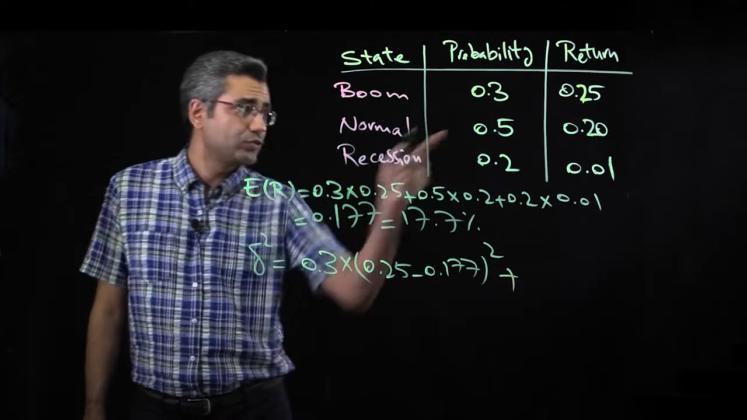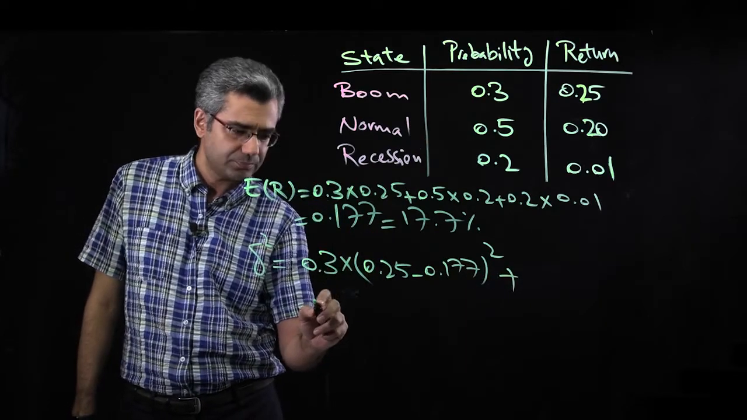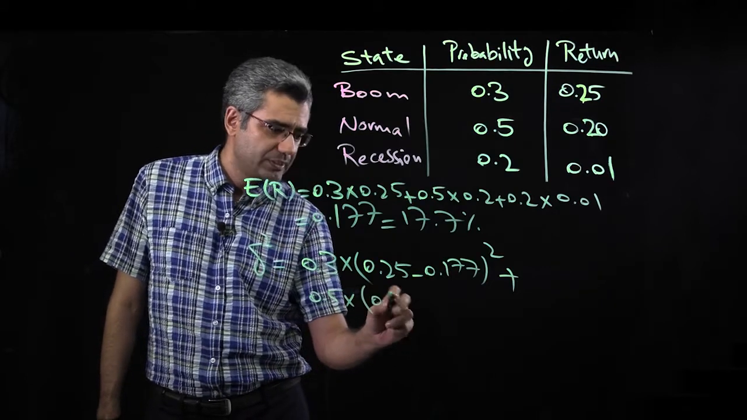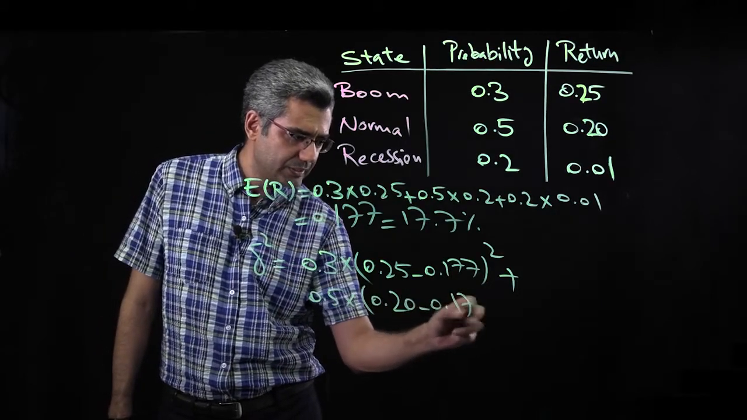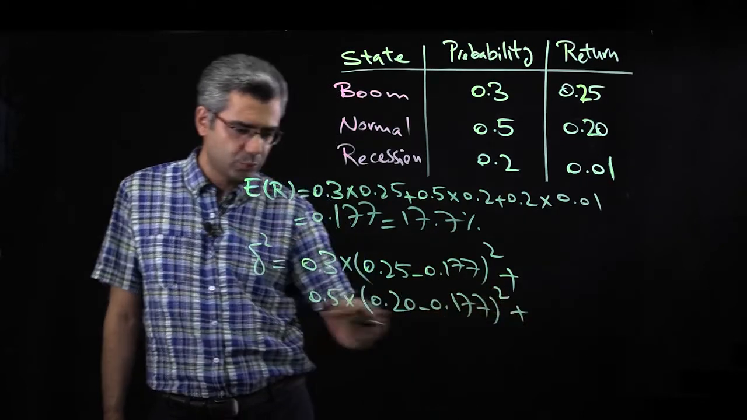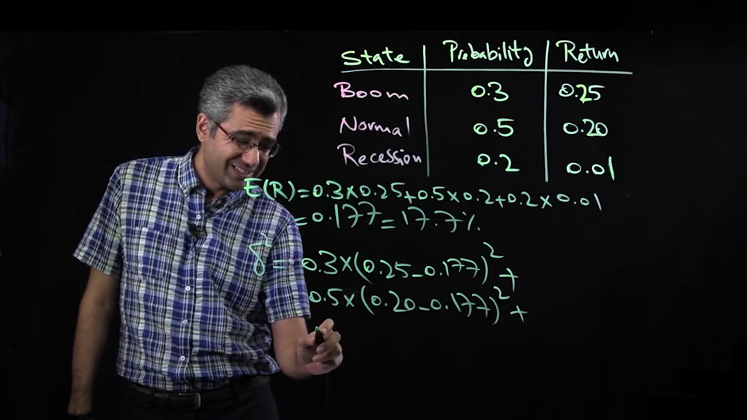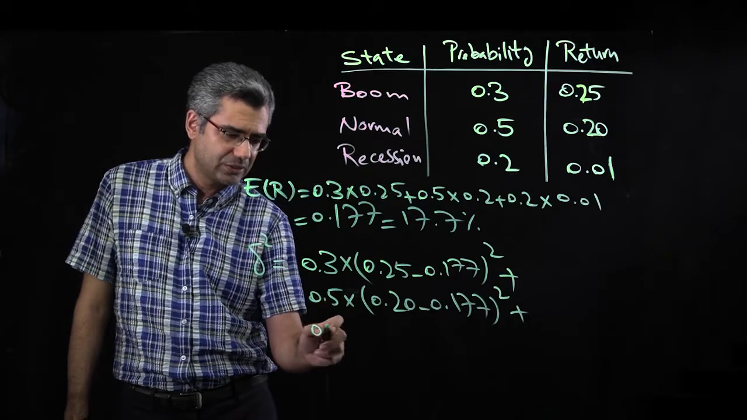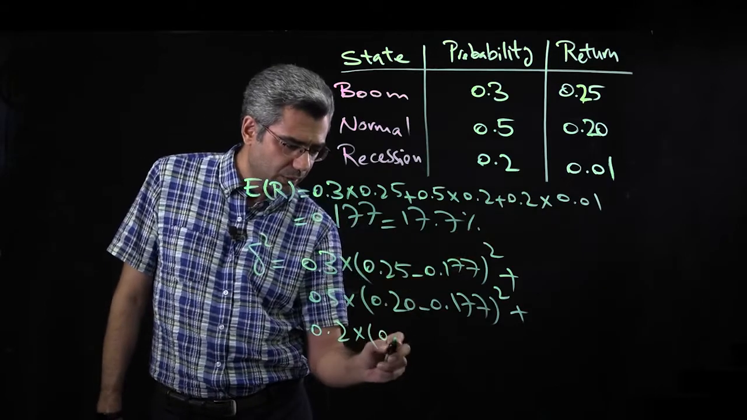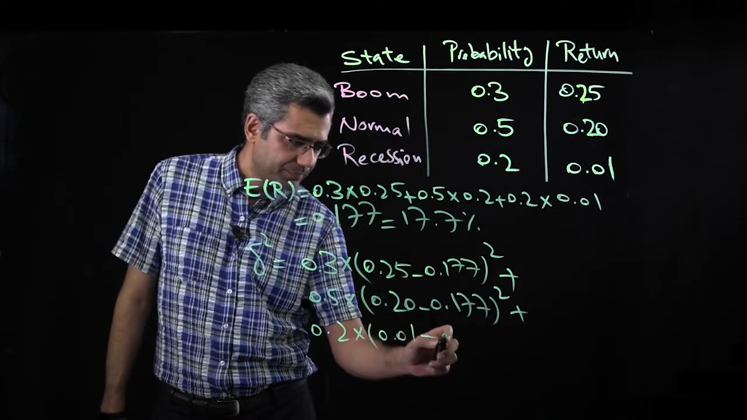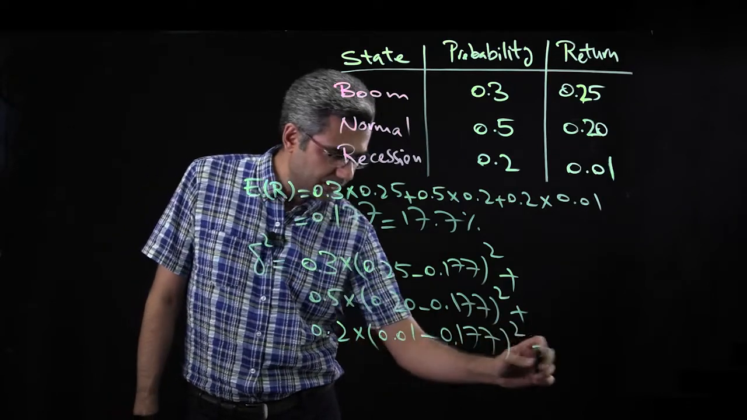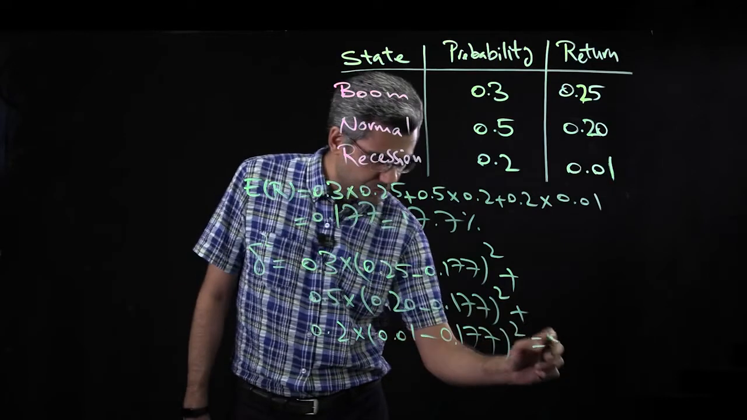Then plus, next one, 0.5 multiplied by 0.20 minus 0.177, which is the mean we already computed, power 2, because we don't want to have any negative sign since distance can't be negative. Then 0.2 multiplied by 0.01 minus the mean that we computed already, power 2. And if you do the calculation, you will get